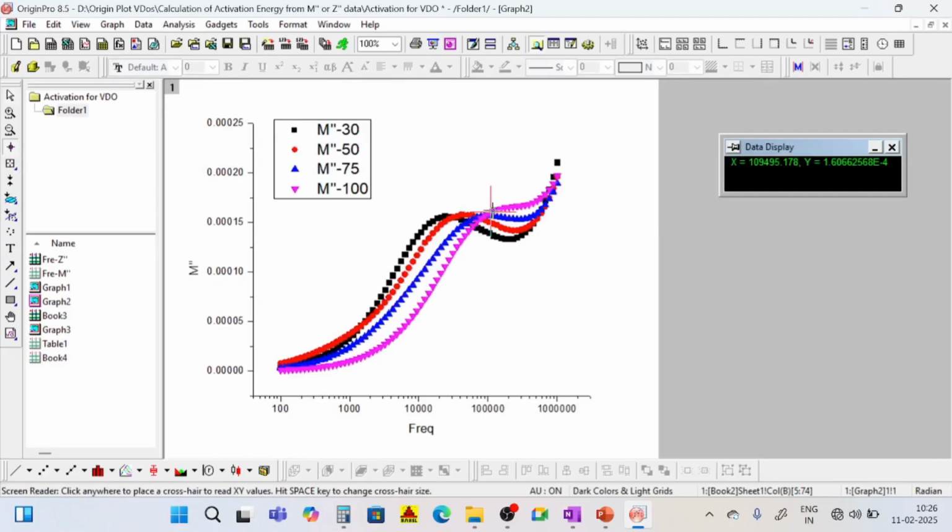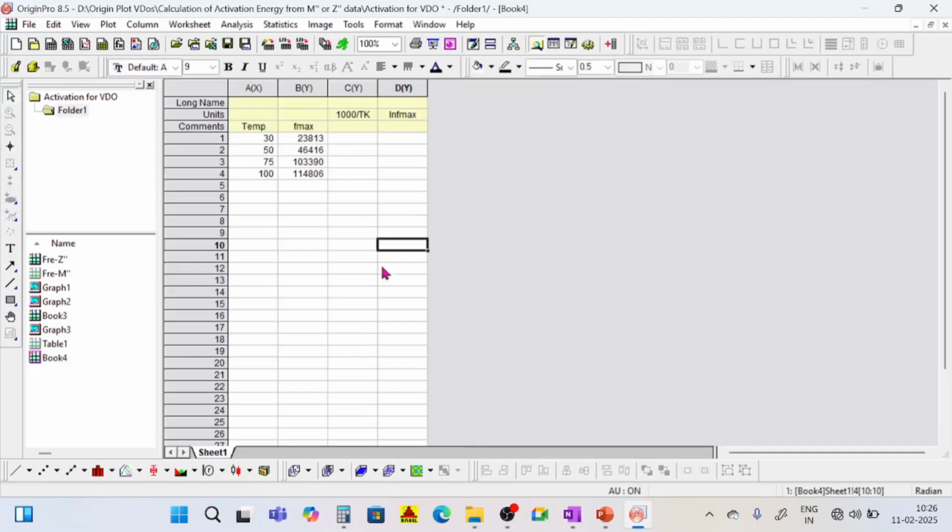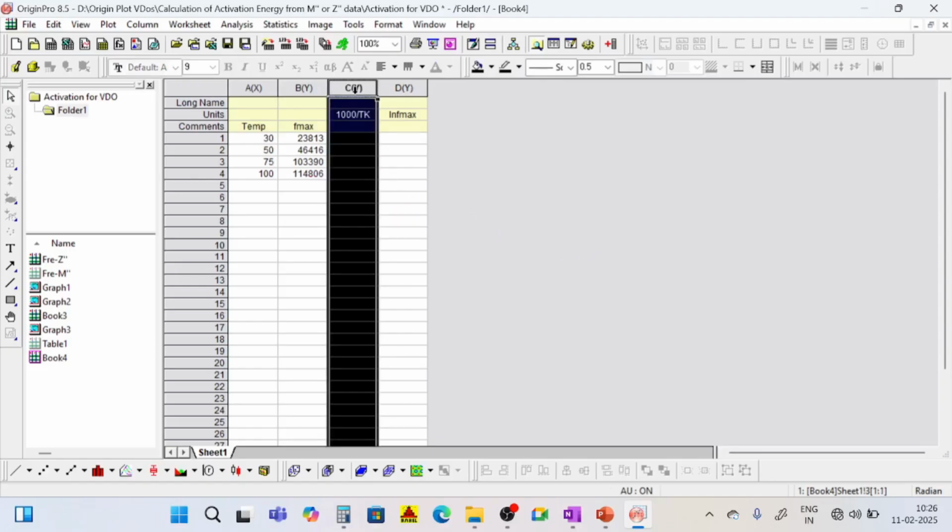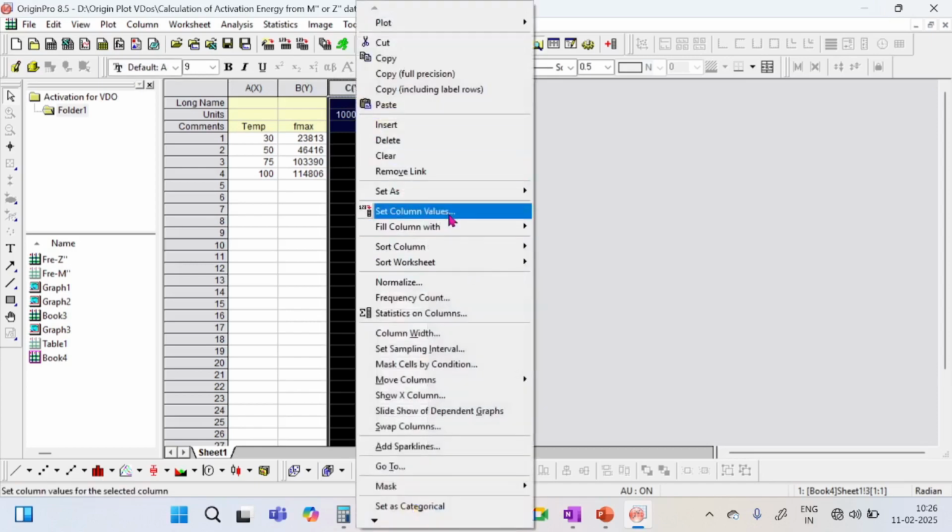Click here, just nearby this one. Okay, this value you have to take, whatever I have written over here nearby this value. Either this will be 11,4806 or 11,7703, whatever. Okay, now same procedure, you have to just click over here, set column as